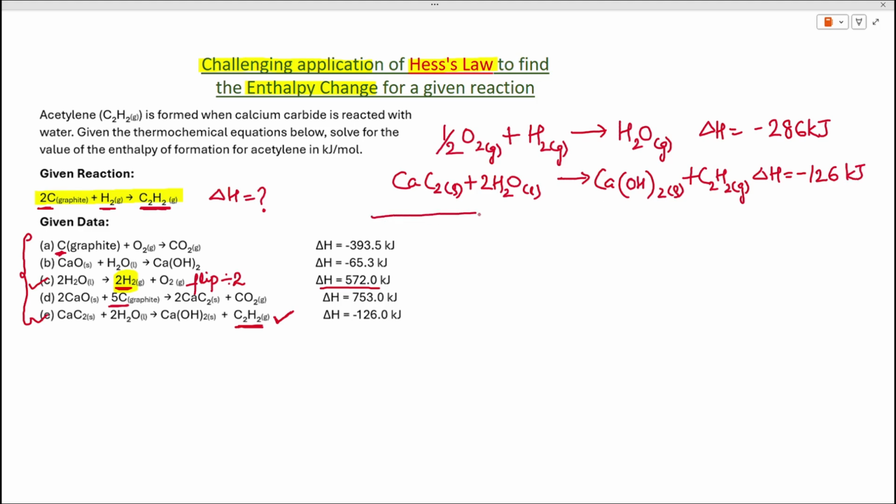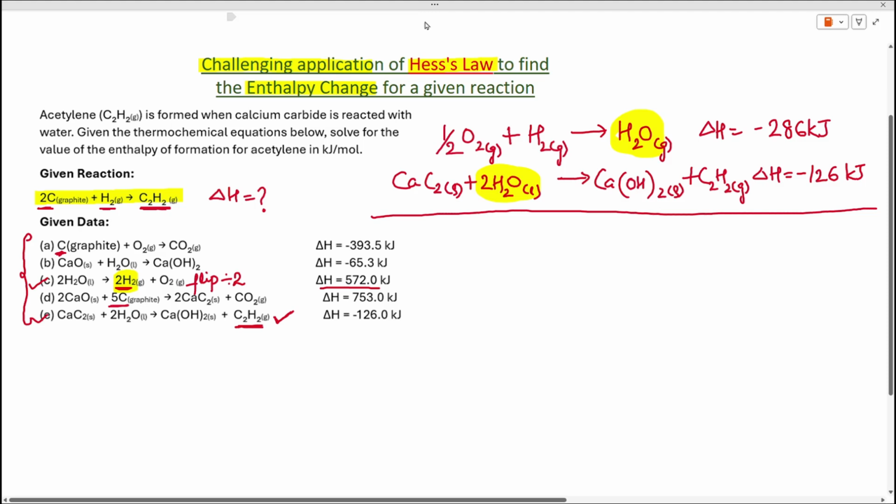Now let us first add these 2 equations, and then we'll figure out what to do next. So here we can see that we have 2 water molecules on the left and 1 water molecule on the right. So we can cancel out 1 water molecule and we'll be left with 1 water molecule on the left. So let us now add them. All the reactants, we'll write on the left, and all the products, we'll add them and write on the right. So now we have